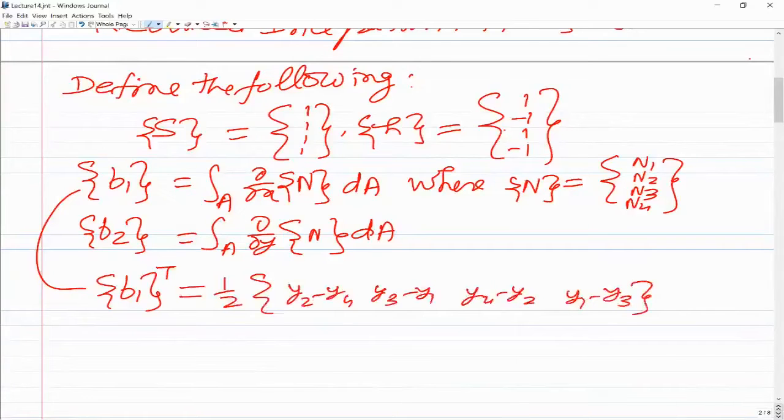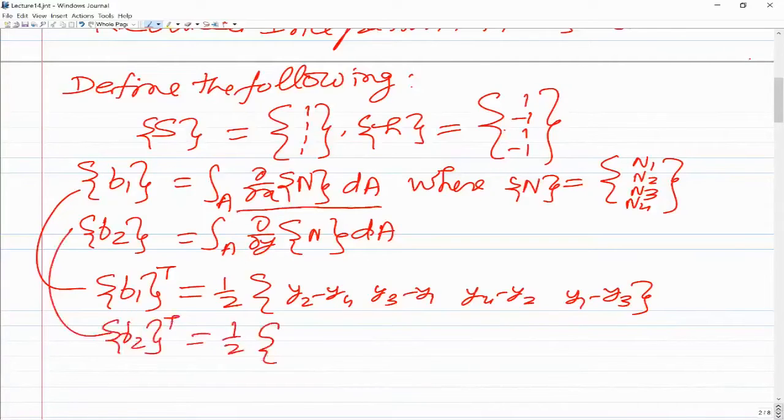So finally, if you do the differentiation and then the integration with respect to area, this is what you get. And similarly, this vector b2 will come out as half of